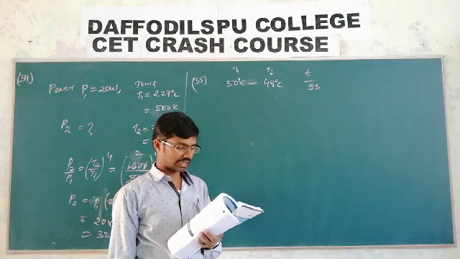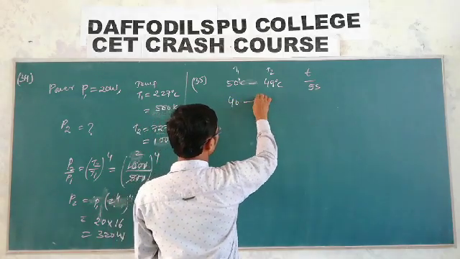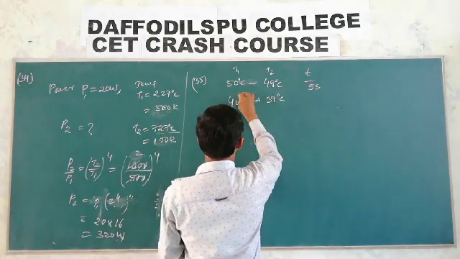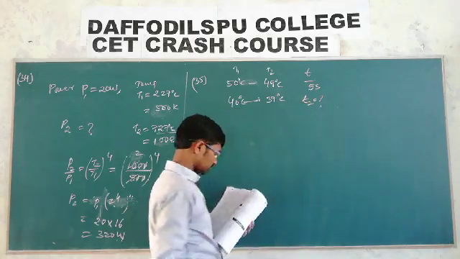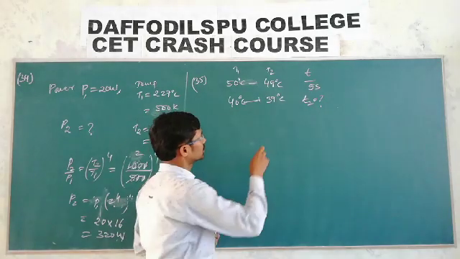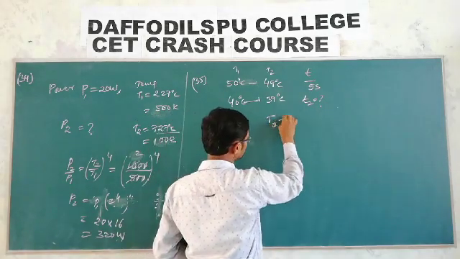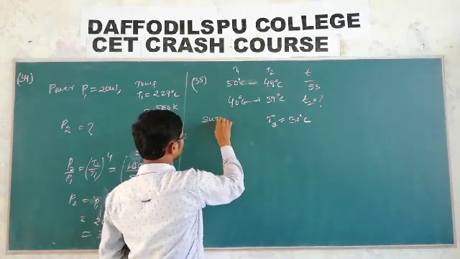How long will it take to cool from 40 to 39 degrees Celsius? How long does it take? T2 is what? Assume the temperature of the surroundings is 30 degrees Celsius. Surrounding temperature